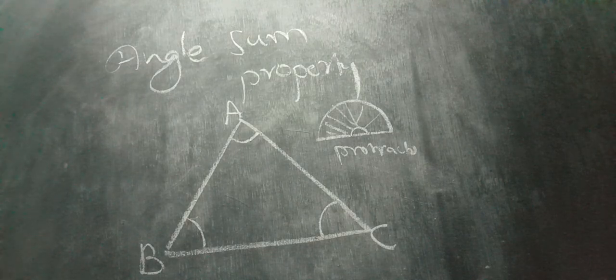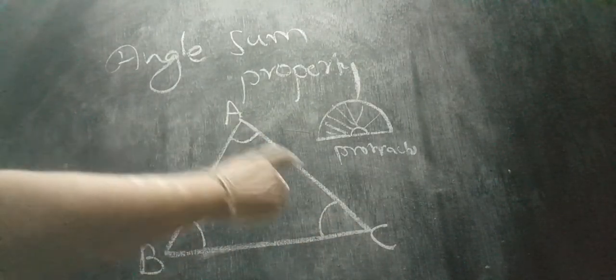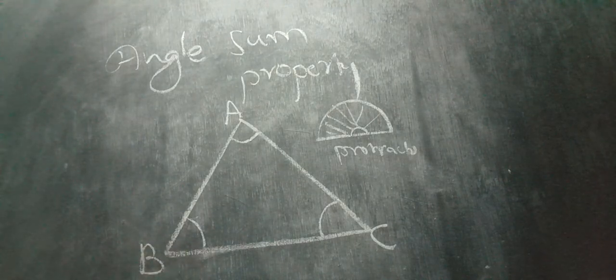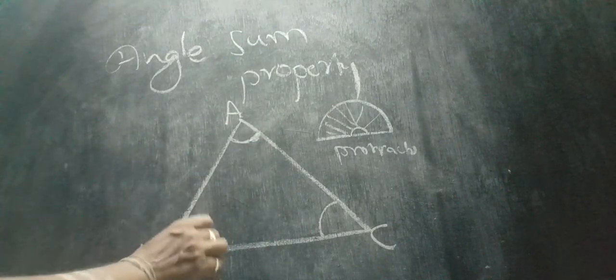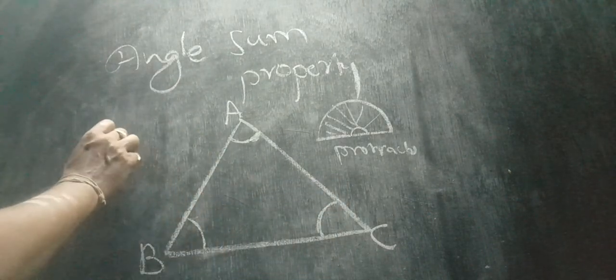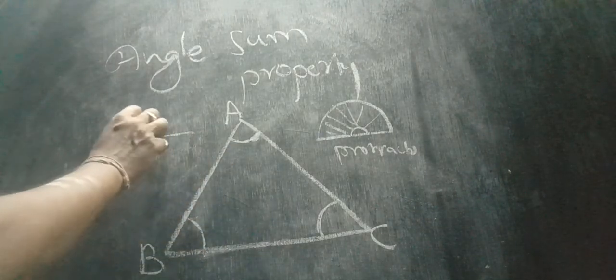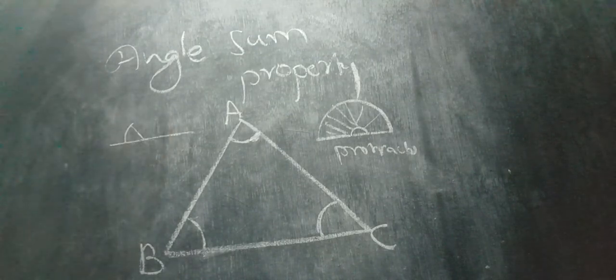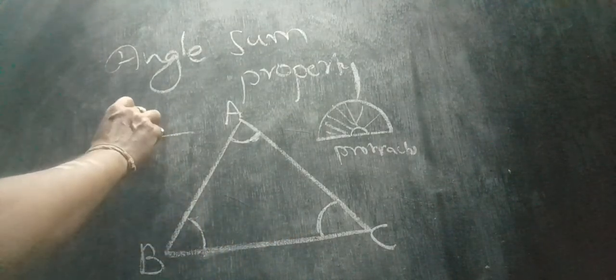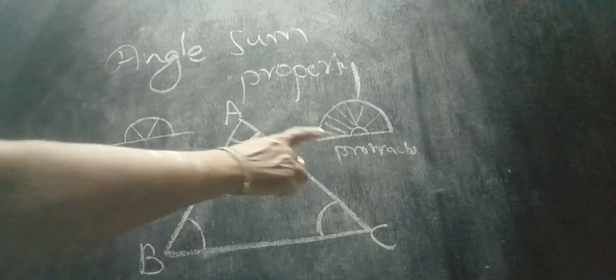What you have to do is, you take one paper and draw one triangle on the paper, cut the triangle, and at the angles put a marking. Then on another paper you draw one straight line and cut the first angle A and paste like this. Cut the second angle, paste like this. Cut the third angle, paste like this. Now it looks like a protractor.